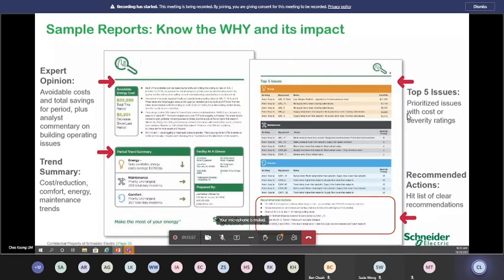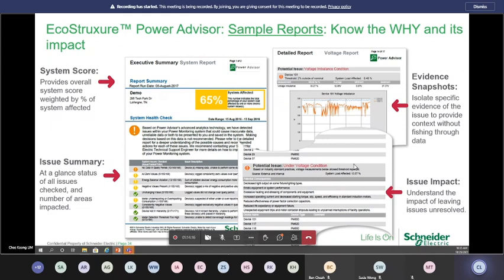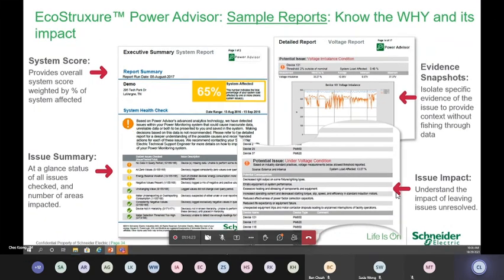Because whenever we look at advisor, we do not only look at your system, we also look at the whole entire implementation, so that we have a better understanding of what your facility is, and that's the reason why we are able to provide you with the corrective actions that are recommended. There's trend and summary, and again, there are statistics, snapshots of evidence, and so on and so forth, depending on how far the data that you have collected goes.